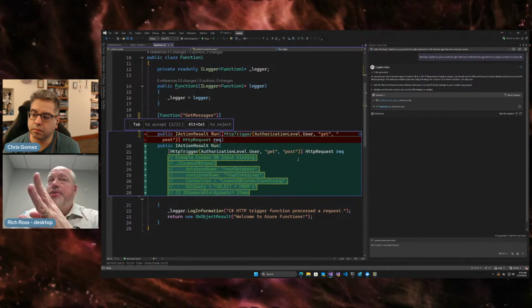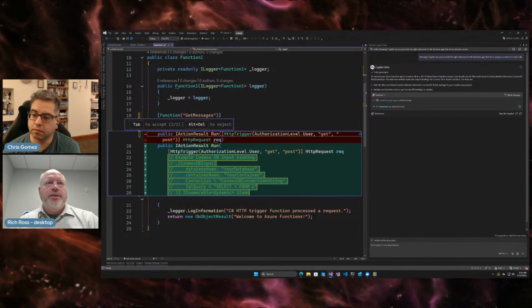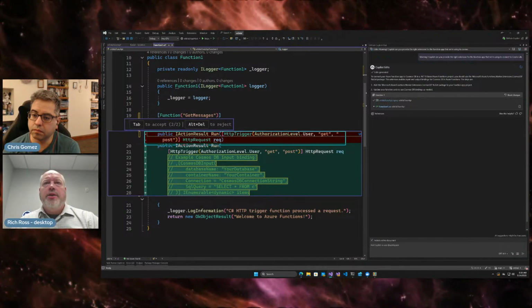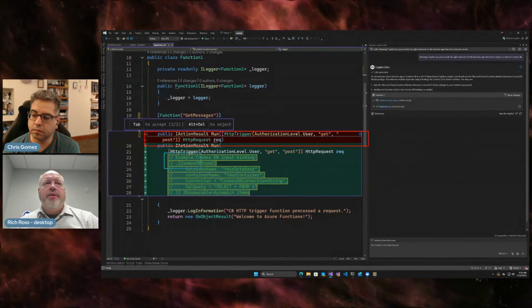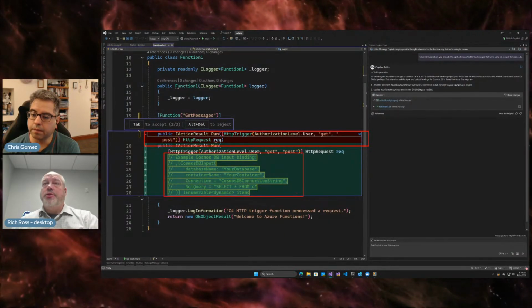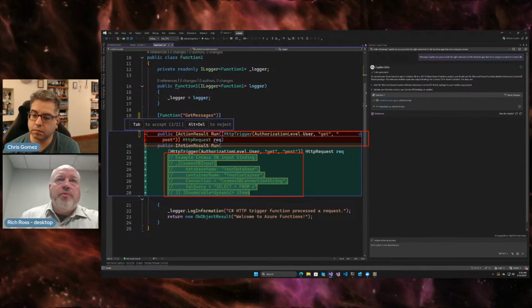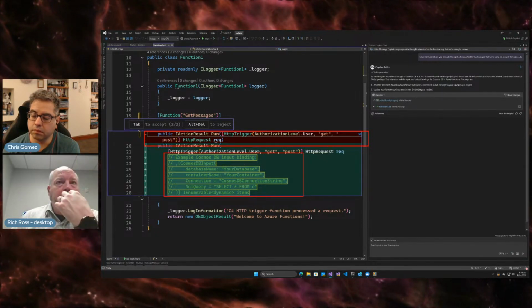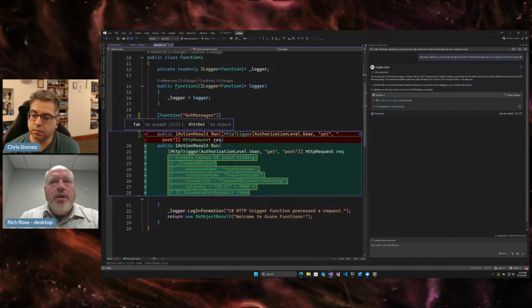I'm doing what everybody should do, right? This is the red line here in this section. This red block here is what it's going to get rid of, and the green block down here is what it's going to add. So you'd want to take a little bit of time, review what's going on. So it's going to basically get rid of what I currently have for the beginning of this method declaration and include,